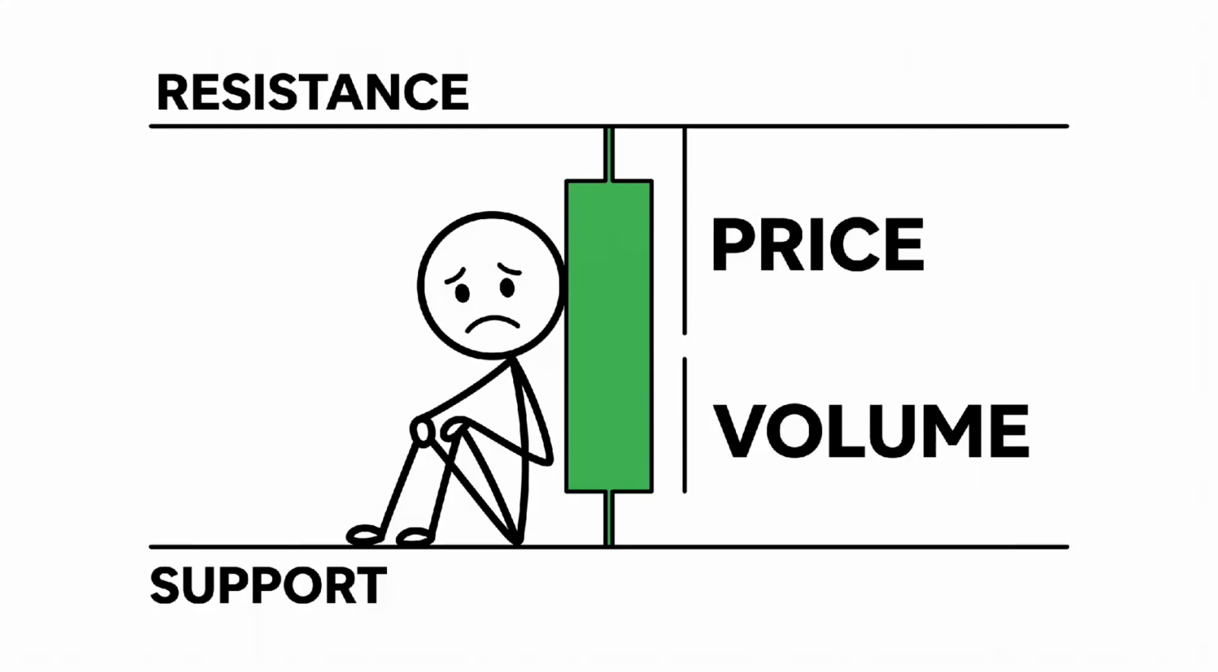In the financial markets, most retail traders fail for one primary reason. They trade purely based on price derivative indicators. They look at moving averages, RSI or MACD, which only tell you what has already happened. Price shows you what occurred in the market, but volume reveals who caused it and how much conviction was behind